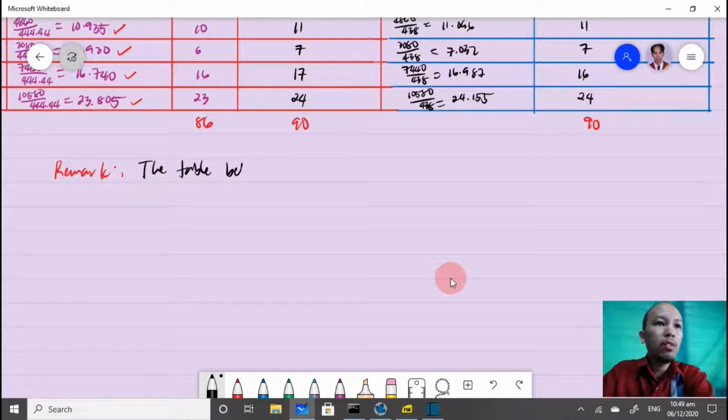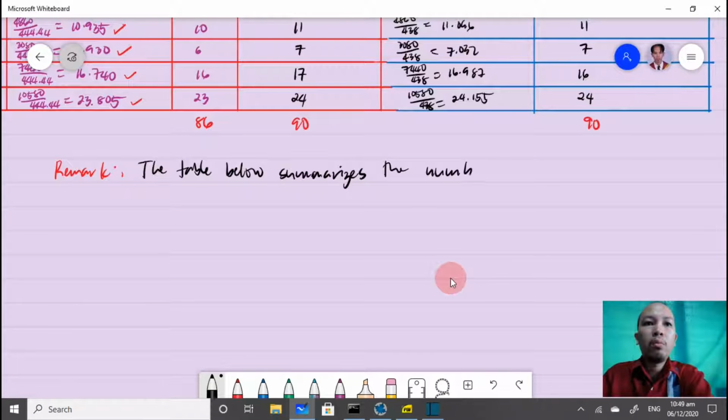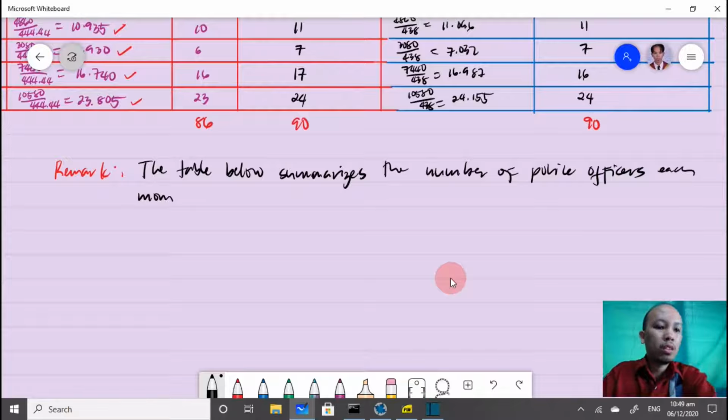The table below summarizes the number of police officers each municipality should have, would have,